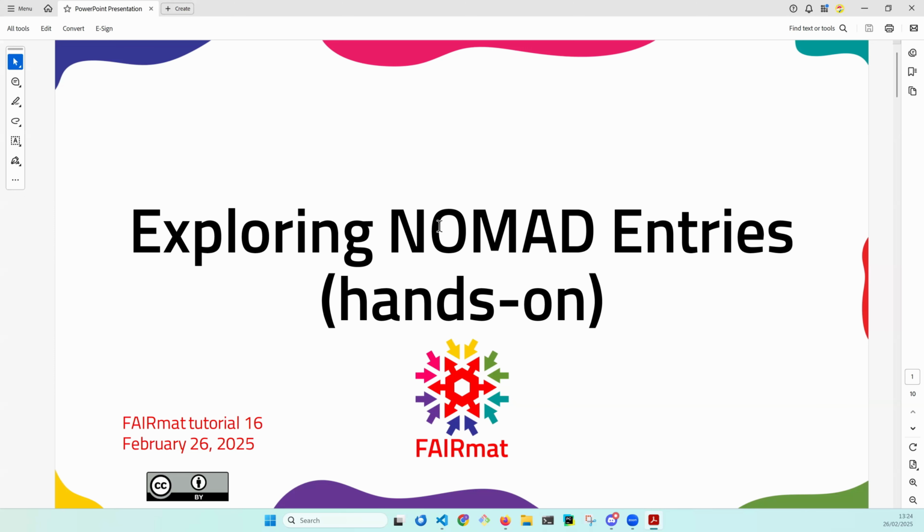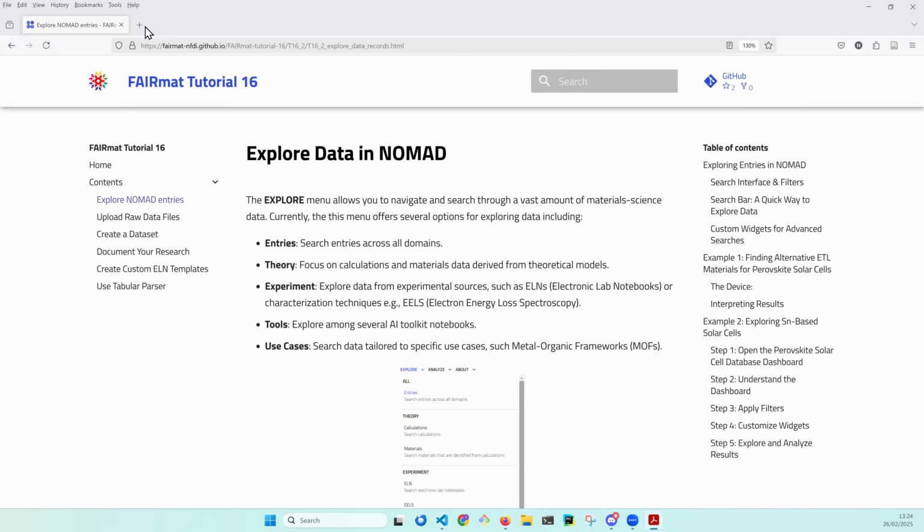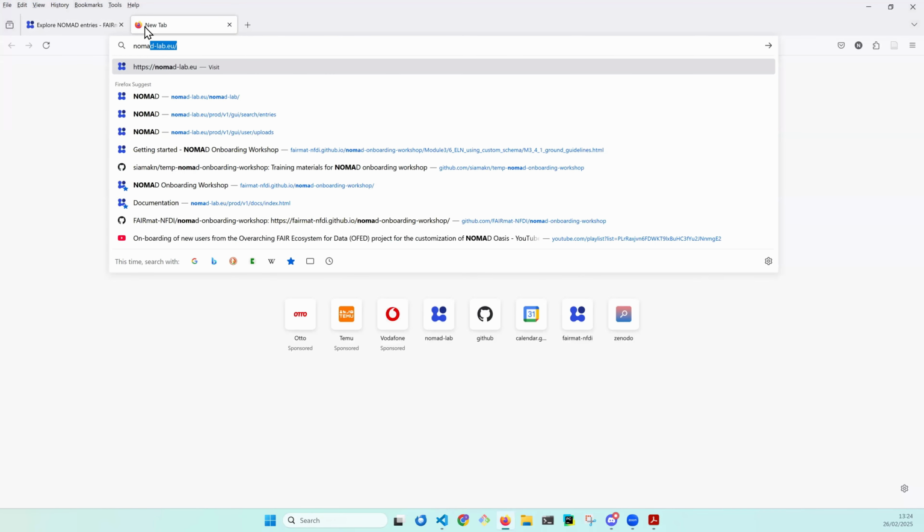So yeah, let's get started and start simple. What I'm going to do is to actually use the filter bars, the filter menus that Adriana just explained, and start with a very simple question. The first question is, how many entries of hexagonal boron nitride are available in NOMAD? The hints are: use the element formula tab and filter, and use the structure symmetry tab for filtering the hexagonal thing. So I come to NOMAD-lab.eu